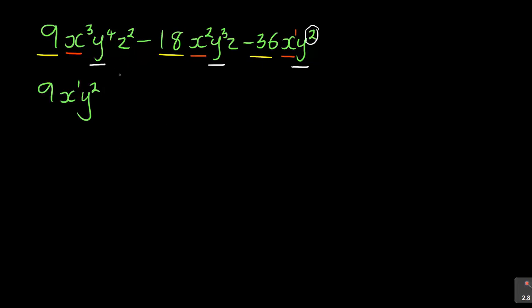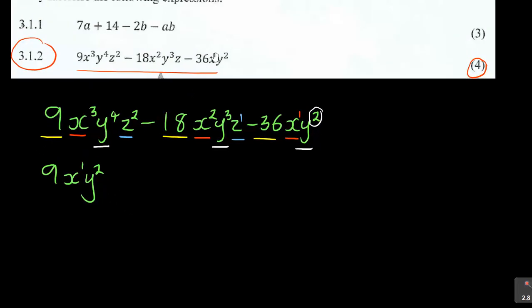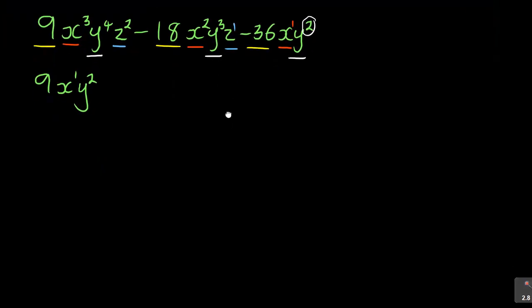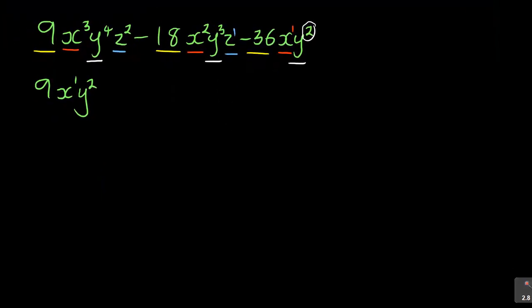Now, if I look at z, I've got z squared, I've got z to the 1, but there is no z here, meaning z is not common. Let me just cross check to see that I copied this right, but you see there is no z there. So z is not common, so I cannot write z because it must be appearing in each and every one of them. So this is what is common, then you put a bracket.